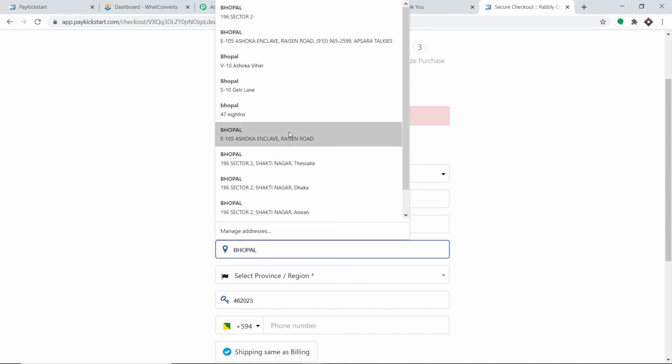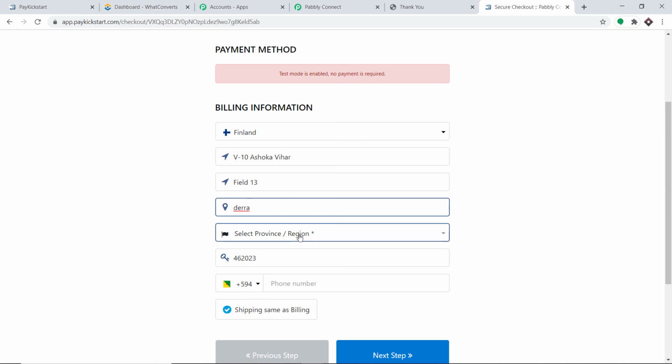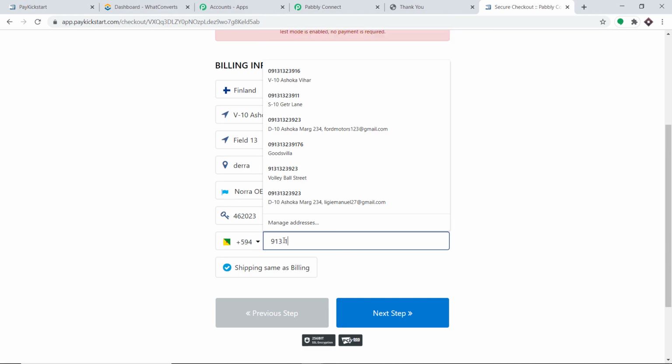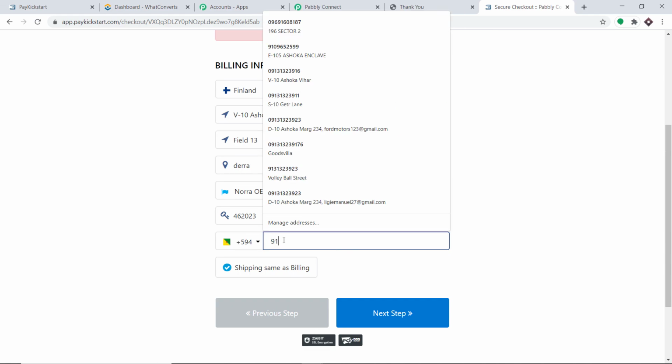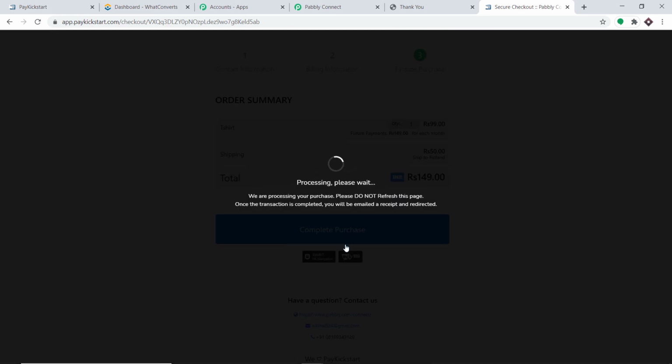Let's change to some different place. Let's select a province. Phone number 9131323913. We have entered some details. Just click on next step and let's complete the purchase.